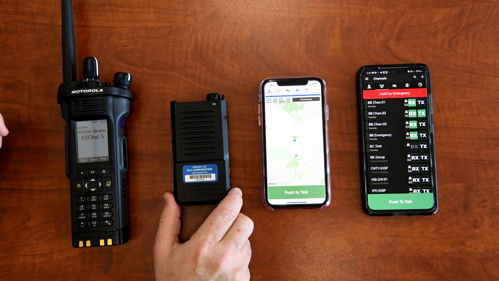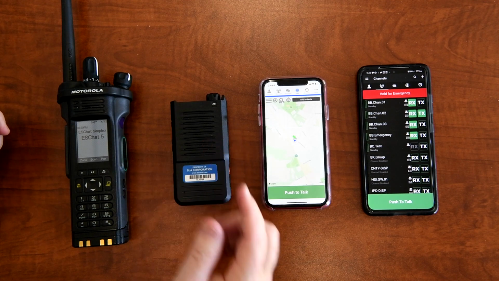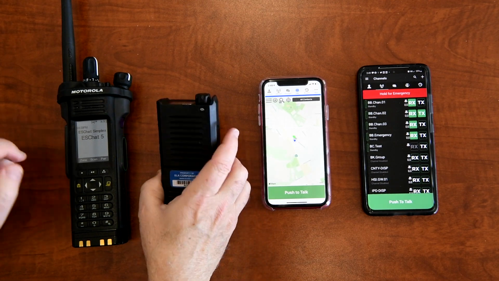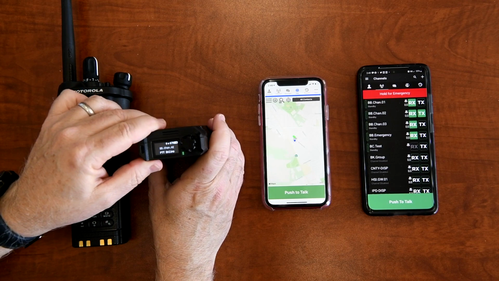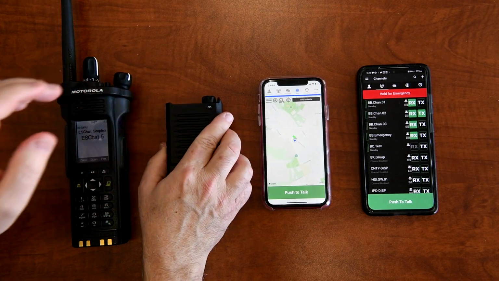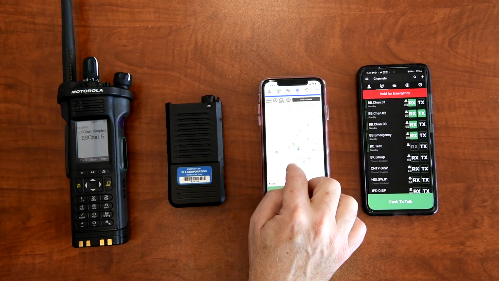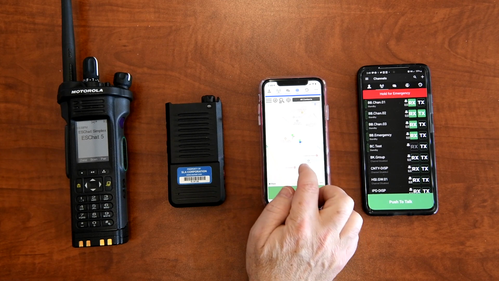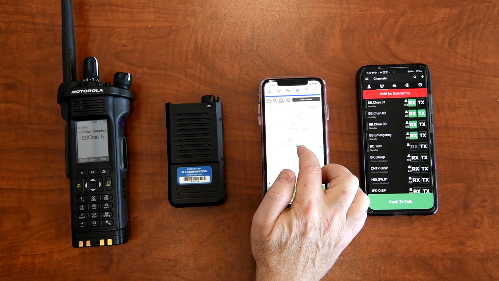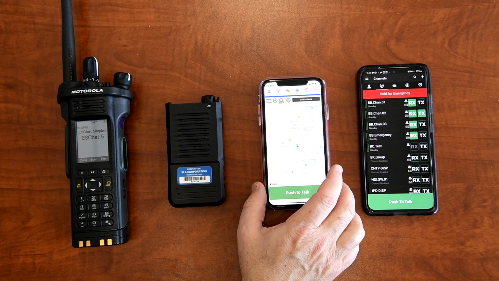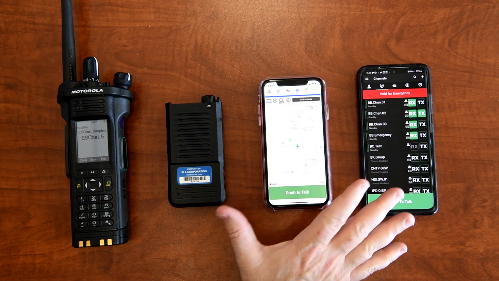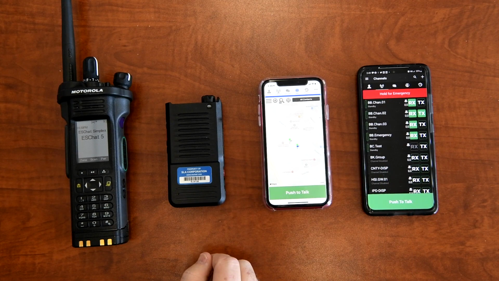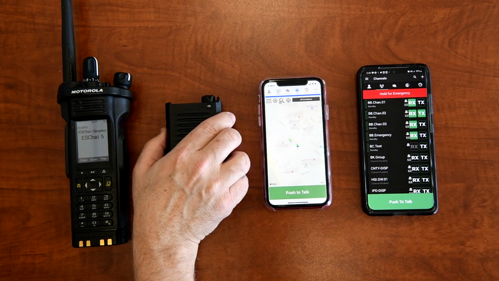Let's take a look at how it works. It does report its location even though it doesn't have a map to display it. So here we're on channel 2 and we've got the iPhone set up for channel 2. You can see the iPhone is the blue dot. Hopefully you can see the screen. It's not too washed out. There's 2 other pins here representing the Android and the Siyata. If we do make a call